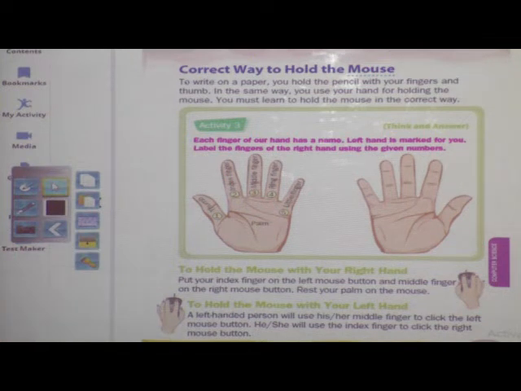Now next, to hold the mouse with your right hand, put your index finger on the left mouse button and the middle finger on the right mouse button. Rest your palm on the mouse.